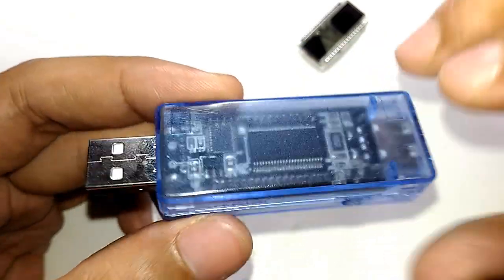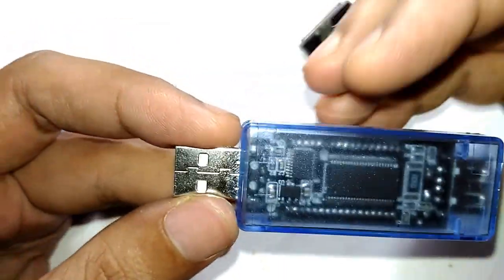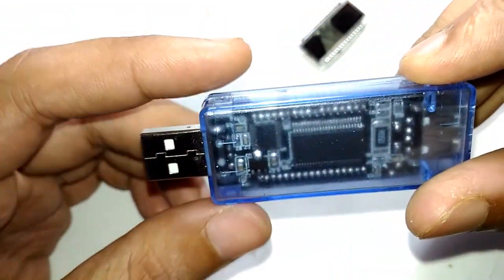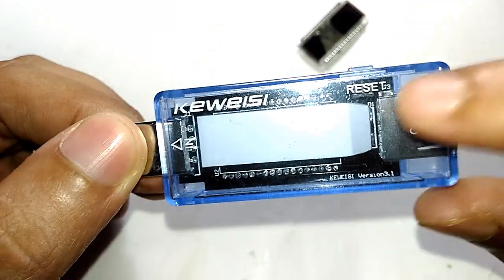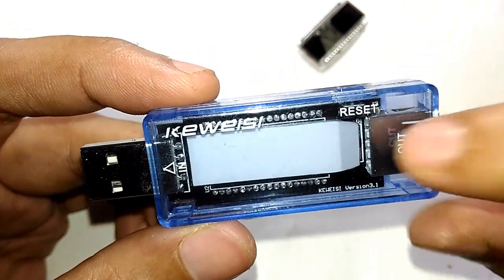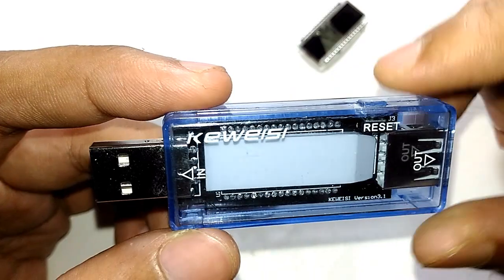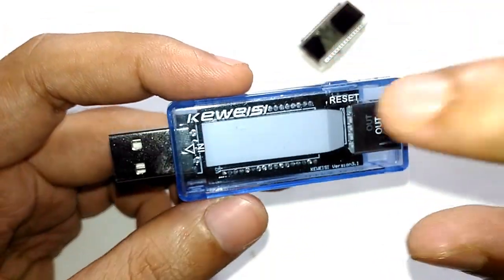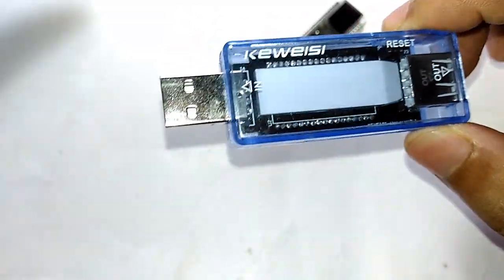And because these kind of power meters are designed to work in a really low power situation, this thing does not load your power source or whatever you are plugging in. This thing needs a really tiny amount of power for the whole thing to work. They use ultra low power components, and in this case I'm guessing the 2 LEDs will be the major power drawing source. If I remove the LEDs, the power consumption will be much lower. That being said, we are going to measure how much power this thing is consuming when it is running. So I'm going to plug this in to a power bank, and if I turn off the lights,